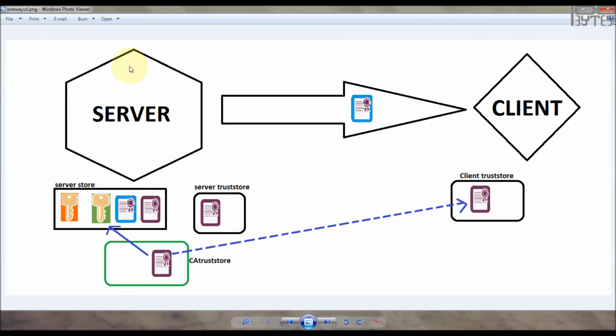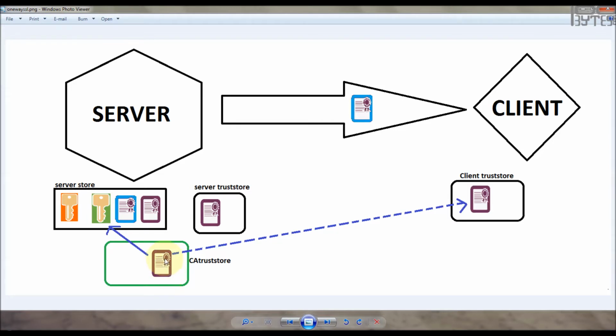So here we have a server and a client. On the server side, first we have to generate the public-private key pair. This is the private key and this is the public key, which will be stored in the server store. Then we have to set up the CA trust store, where this is a CA certificate.